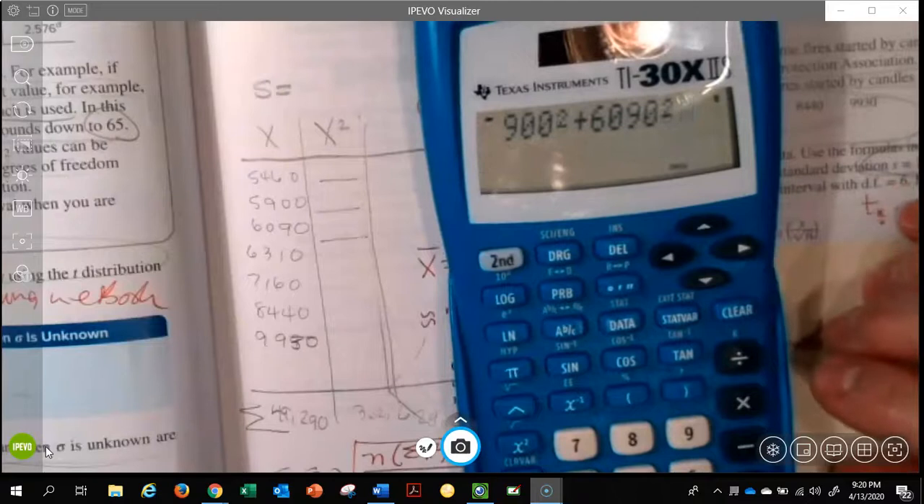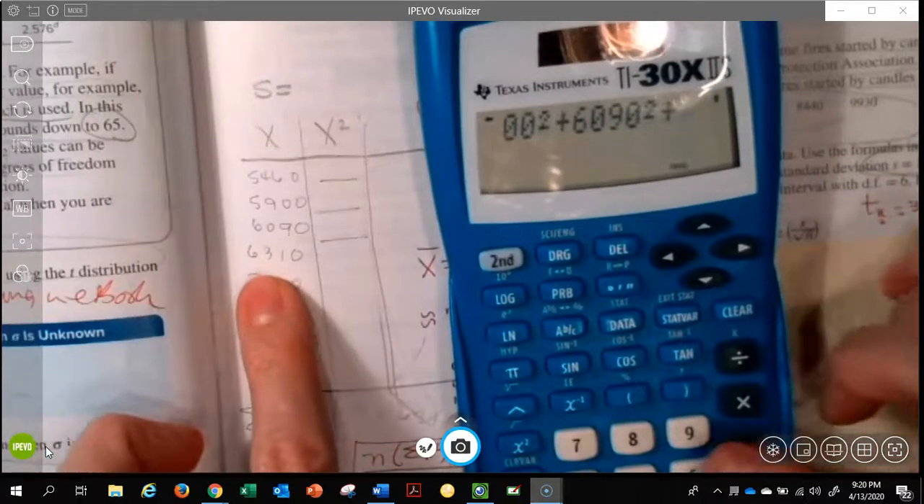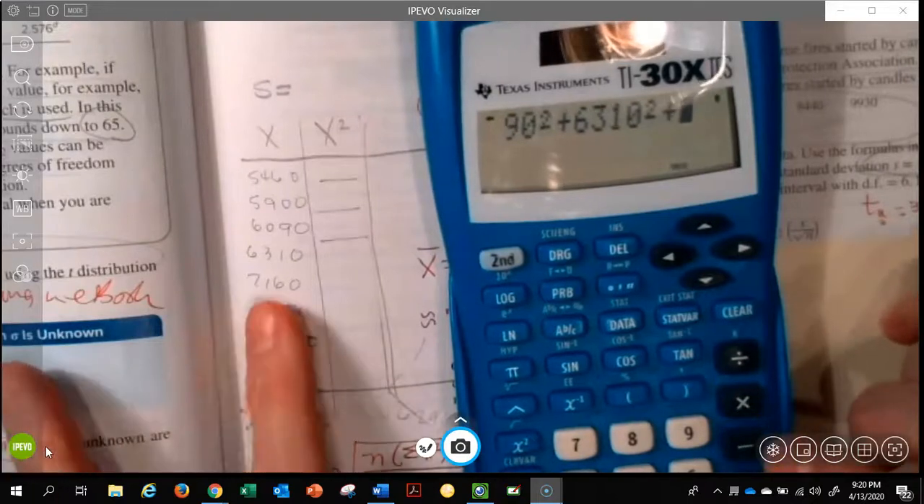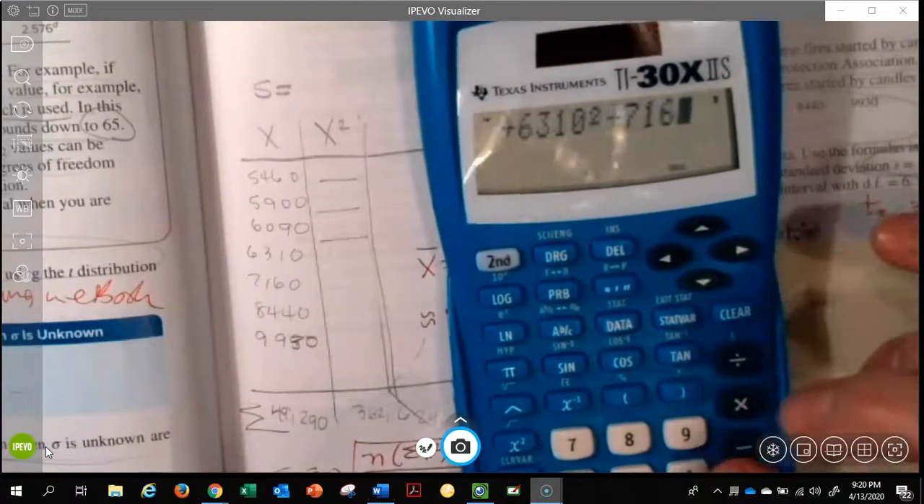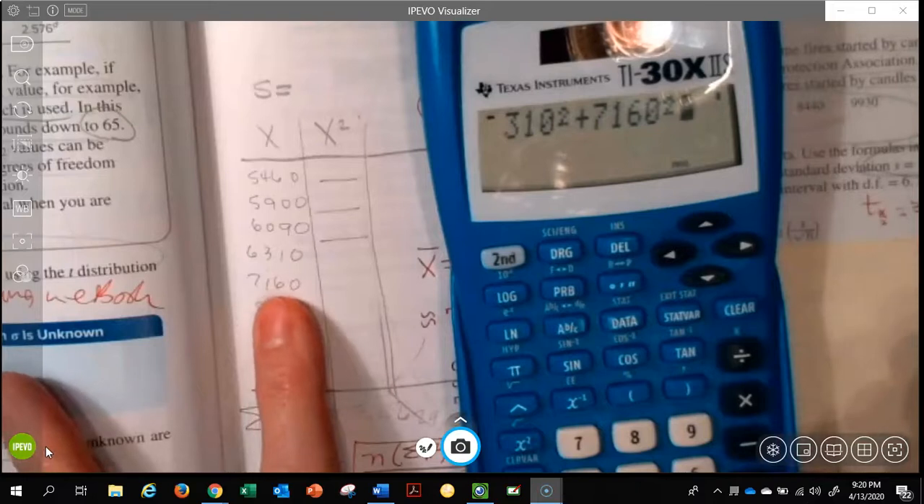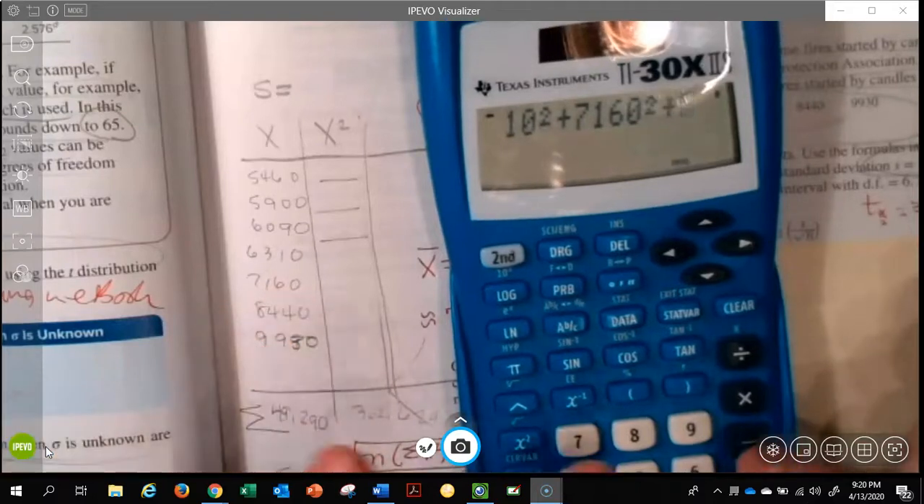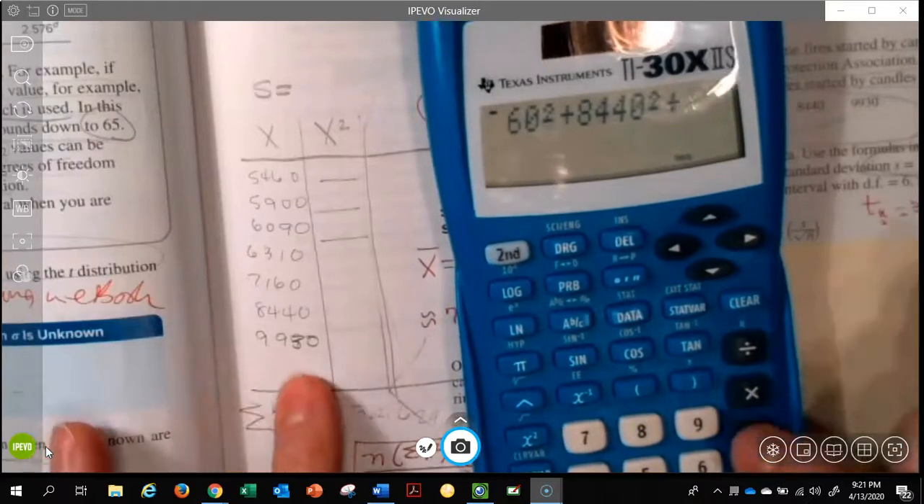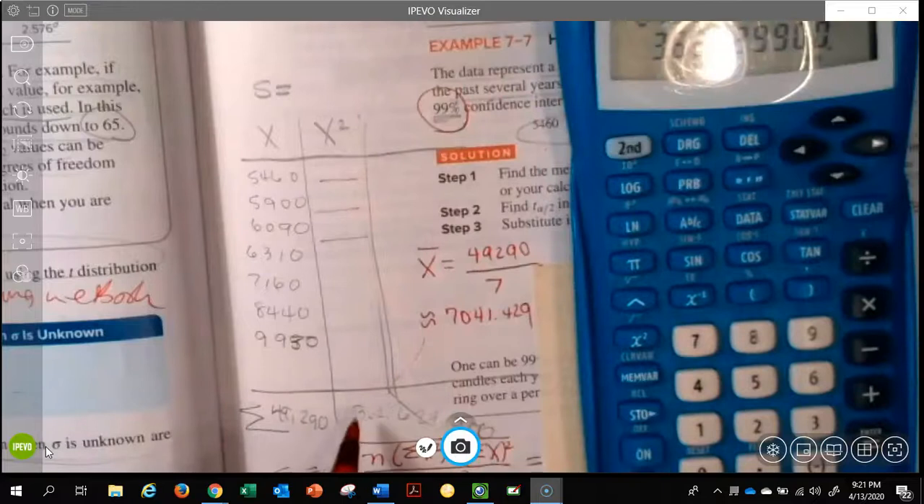6090 squared plus 6310 squared plus, and I'm going to double check it every time. I'm going to look down and make sure I wrote down 7160 squared plus 8440 squared plus 9930 squared. And when I hit equals, I get a very large number, and it's this number you can barely see down here,